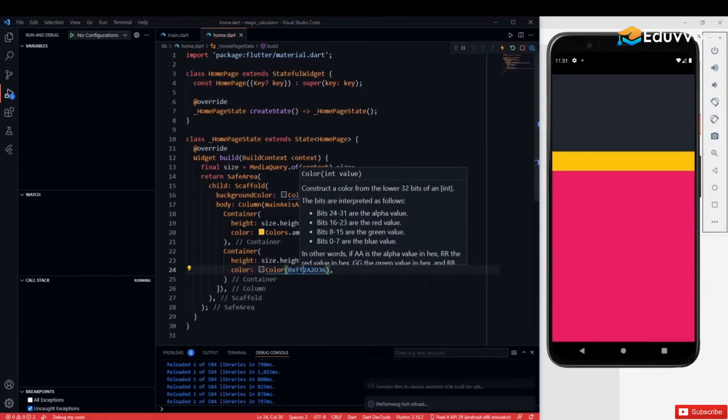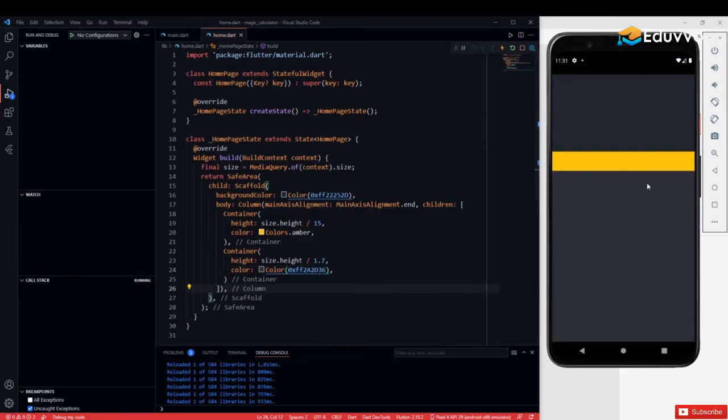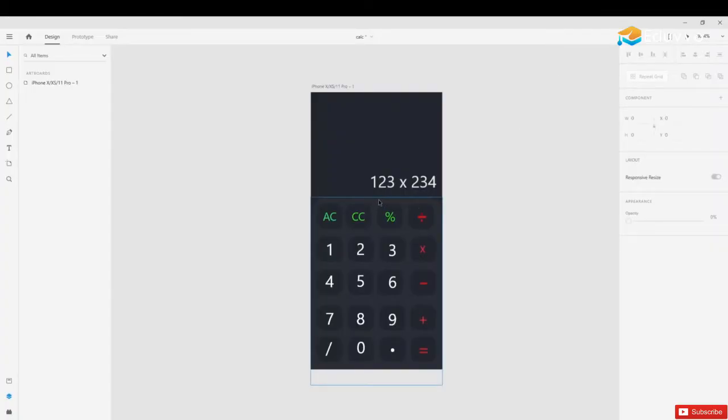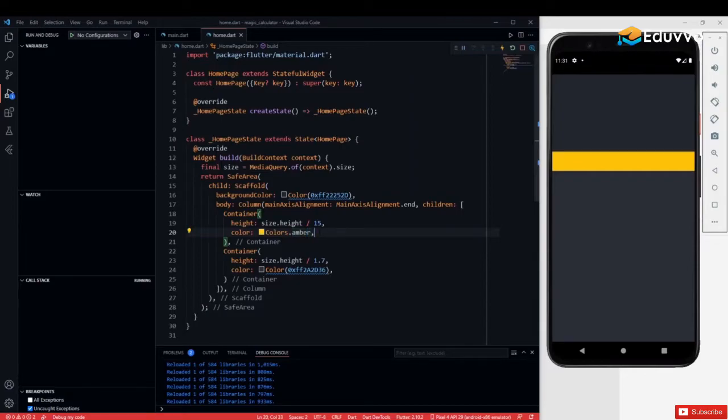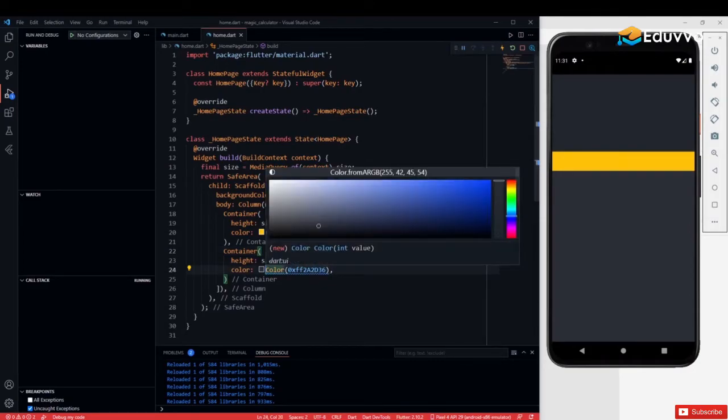And now let's save this, and you can see that the color is differentiated here. So make sure that both of these colors are not too similar, because you will get the idea then that they are different containers, right? And for this container, we can just keep this yellow for now, so that we can see where the container exactly is. Also, you can add a const keyword here,